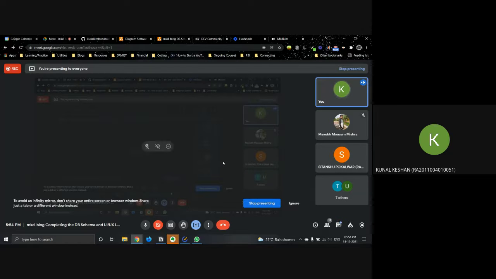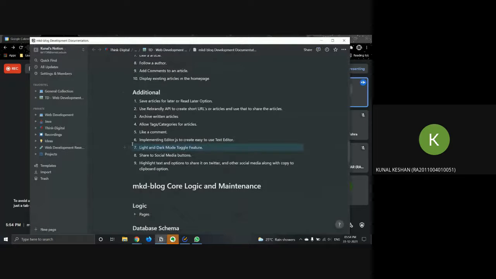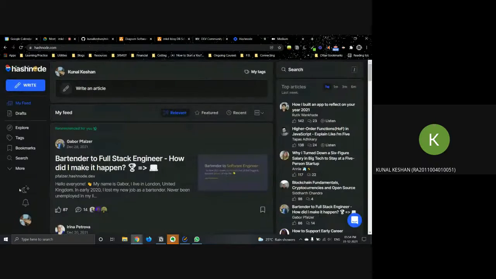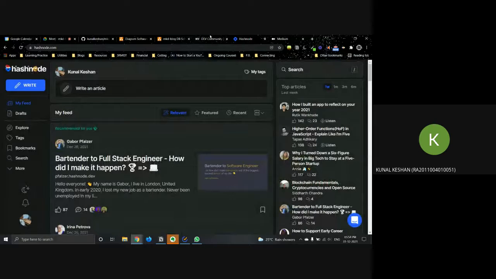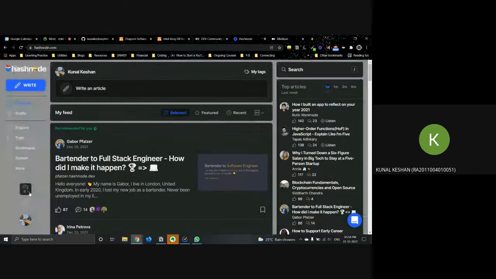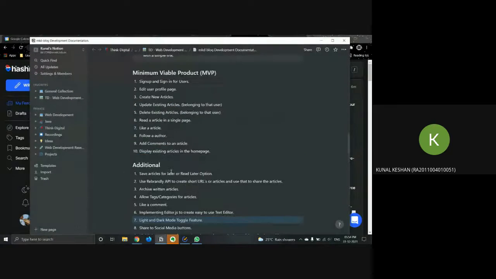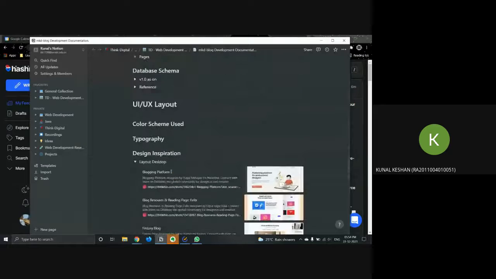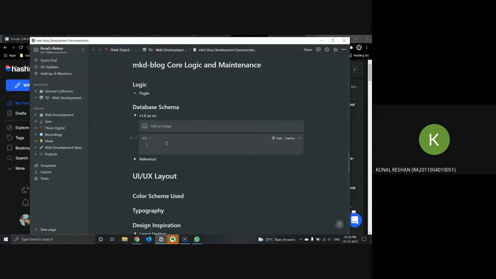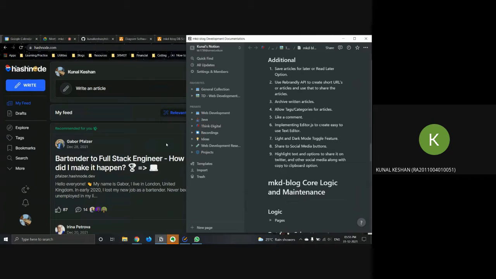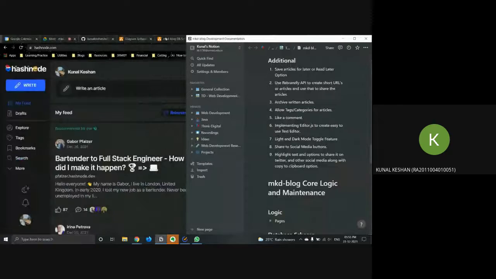If you remember, in the dev docs I had written one more feature, right? A light dark mode toggle. If you see in Hashnode, you see this button over here. We can do something like this as well, and it's pretty cool, this feature. All right, so I'll just come here and we'll write it off over here as of now. Okay, and yeah, this one.